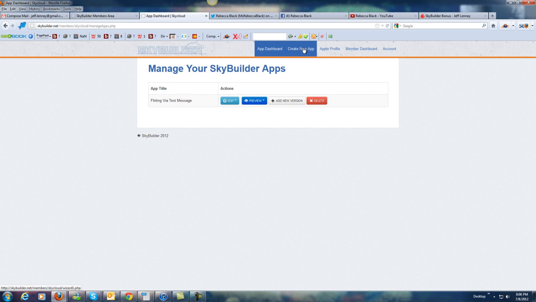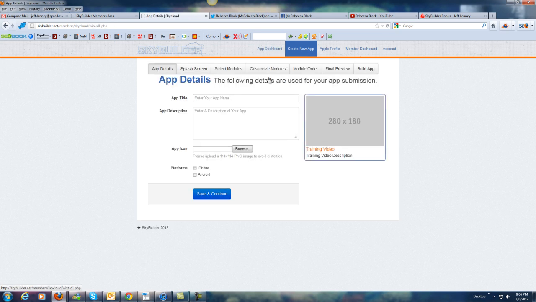In the top right here, I'm going to click on Create New App. And it's easy. So we're going to go with, let's see, Rebecca. And for the app description, stay up to date to the minute with all things RB. See what I did there? Very clever. All things RB, direct access to her Facebook, Twitter, YouTube,